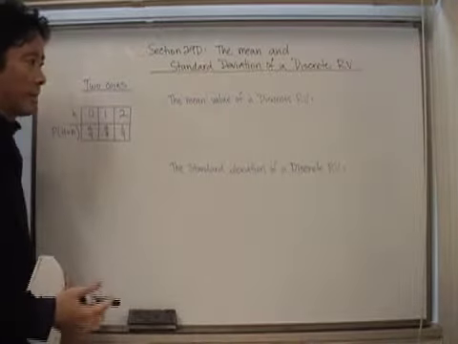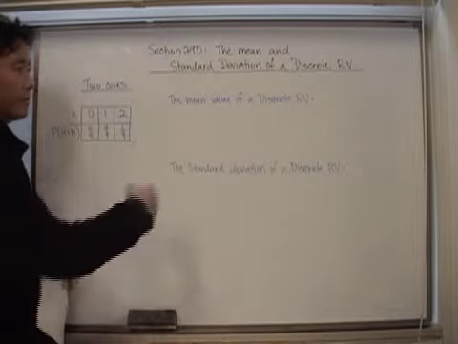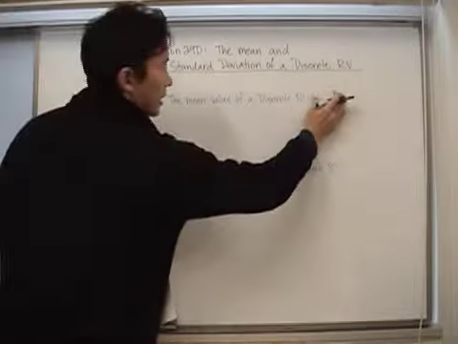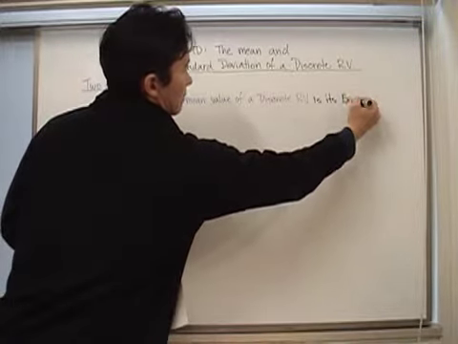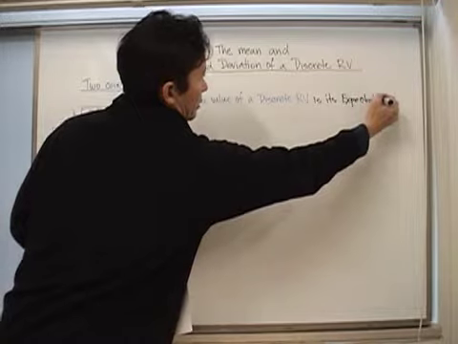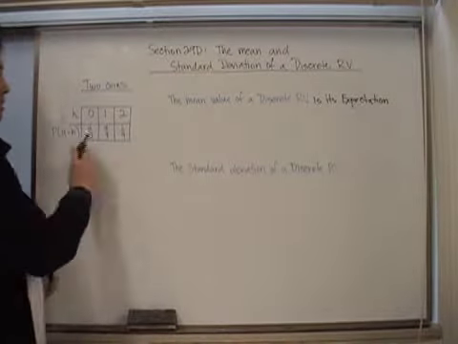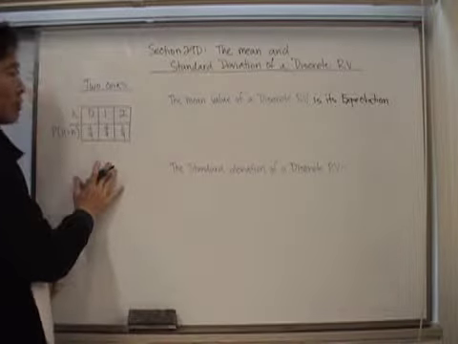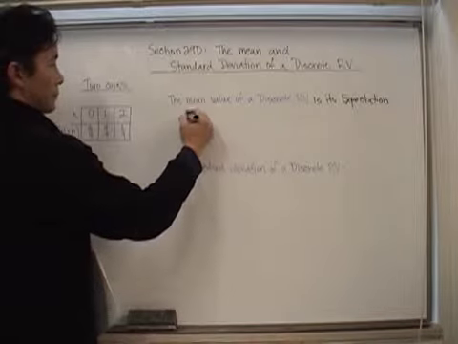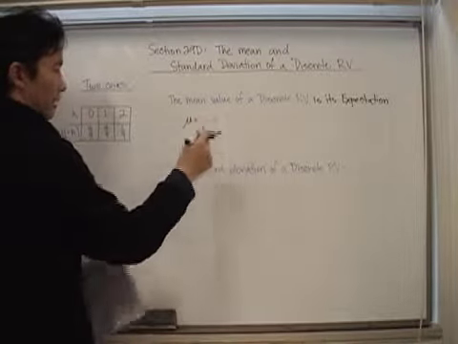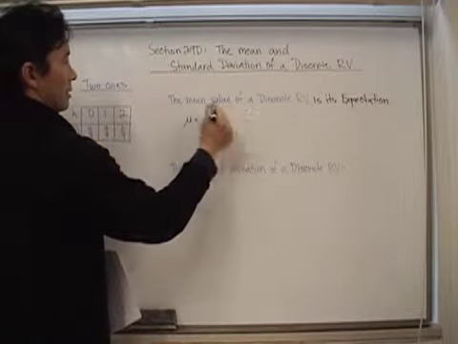Now, the great thing about this is that we already know what the mean is. The mean value of a discrete random variable is its expectation, because that's what you would expect. So say for example, here again is our 2 coin example. If we wanted to find the mean, which is also going to be equal to the expectation,